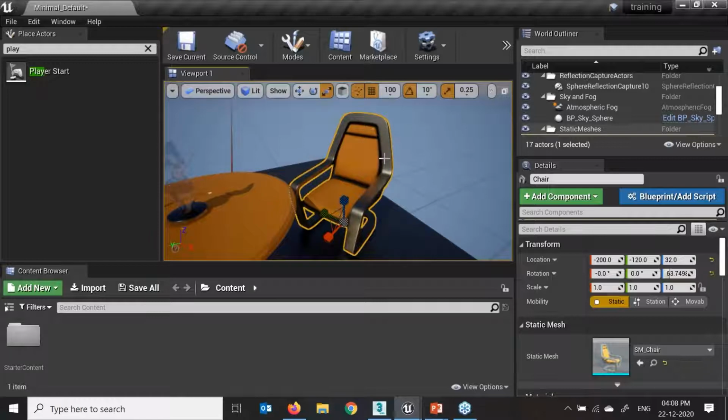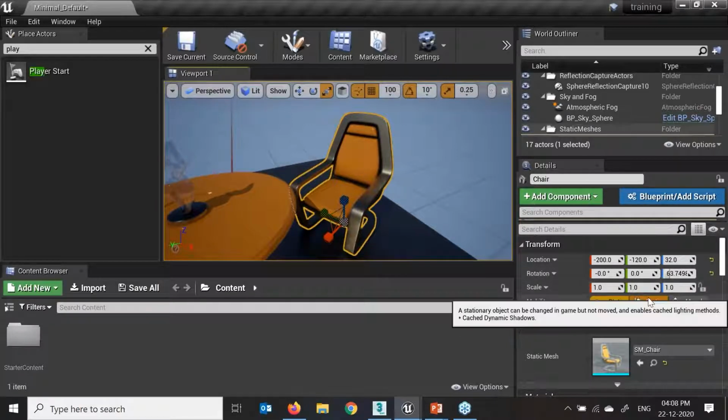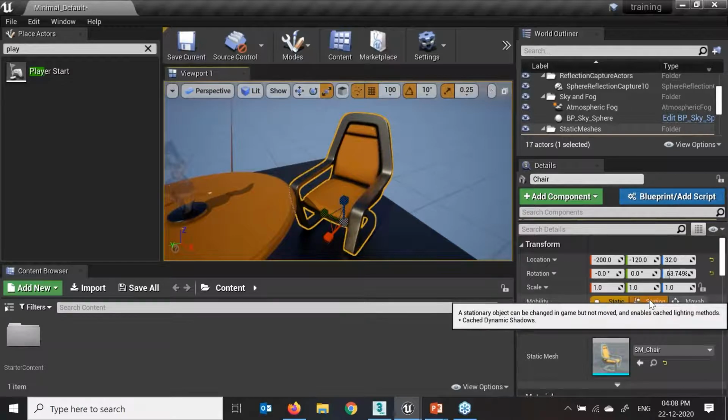Now when we talk about move, rotate and scale, the manual transformation section of the details panel, which is over here, always lets you view and edit the transform location, rotation, and scale of the selected actor. Also where applicable, this contains the settings for actor mobility. Each transform property has a numeric entry field for XYZ.